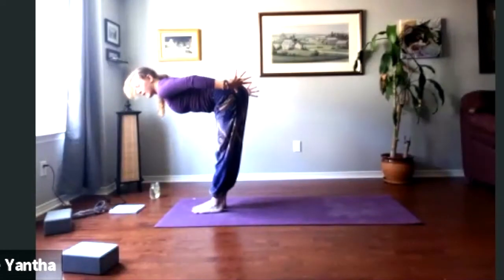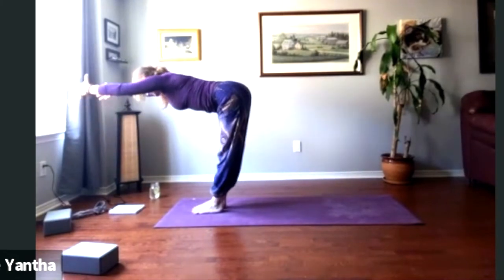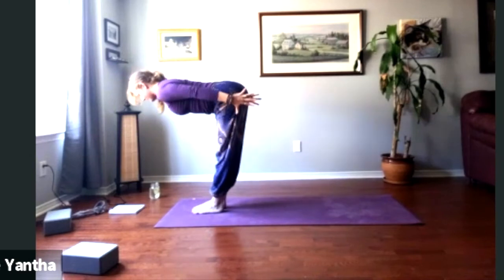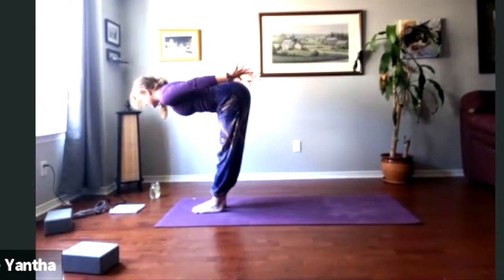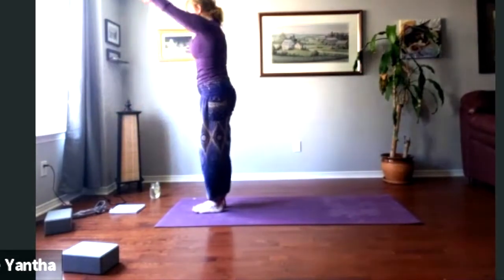We'll stay here with that flexion in your spine. And as you inhale, reach forward. Gaze stays down. Exhale, sweep arms back. Inhale, reach arms forward. Exhale, reach arms back. We'll inhale to reach arms forward and rise all the way to standing, taking right leg